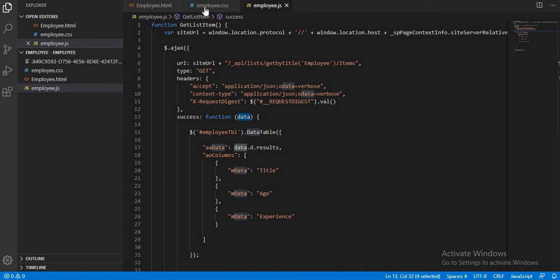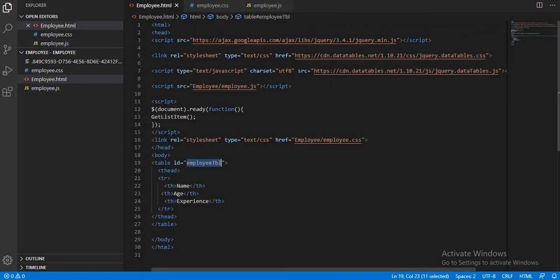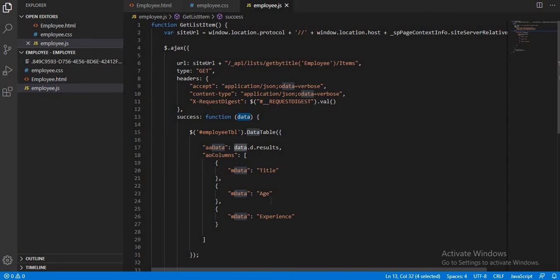Also, in our HTML file, we added only two references. In a later video I will show you how we can group the rows. Suppose we have two departments like finance and IT, we can even group them like finance, IT using this jQuery data table. So I hope you all understand this video.